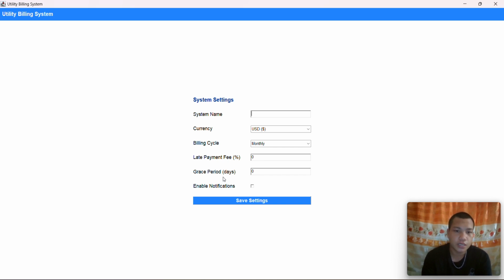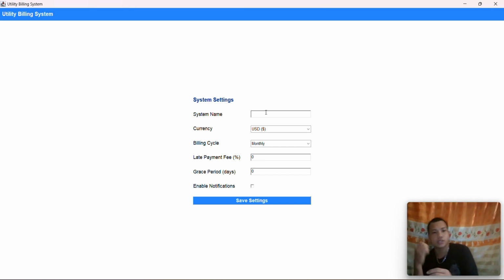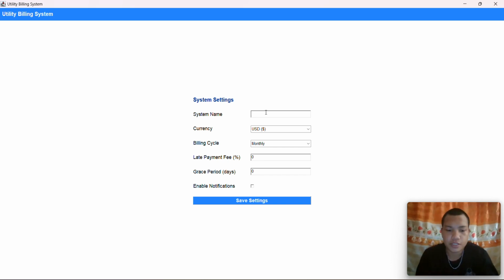Here the user can input the system name. For example, we input here sample system name. But we can't change the system name in the header because there is no functionality and back end here that can change the system name.